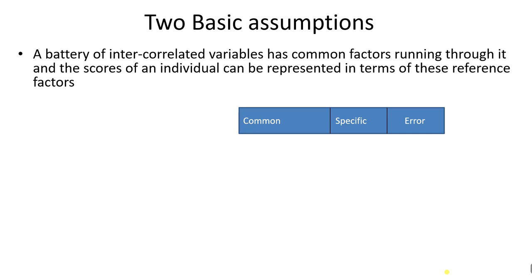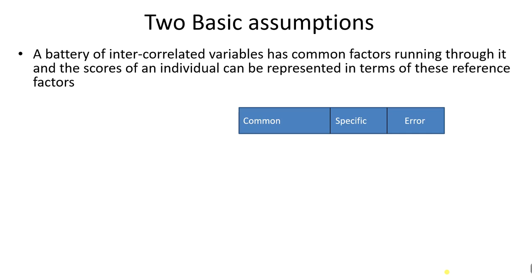You would recall from the previous lecture that we analyzed four variables, four tests from intelligence: vocabulary, comprehension, picture completion, and picture assembly. Those who have not seen, I would again recommend that you go and view that video. And after examining their interrelationship, we found that vocabulary and comprehension are highly related. On the other hand, picture completion and picture assembly are highly related.